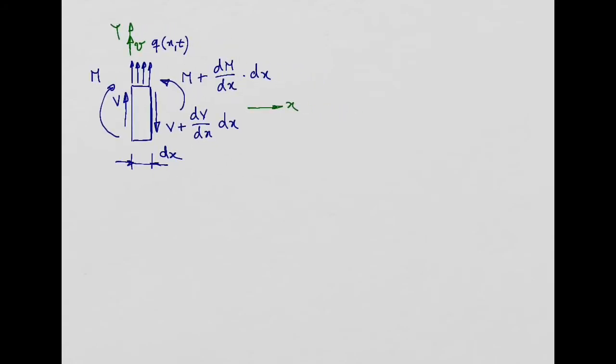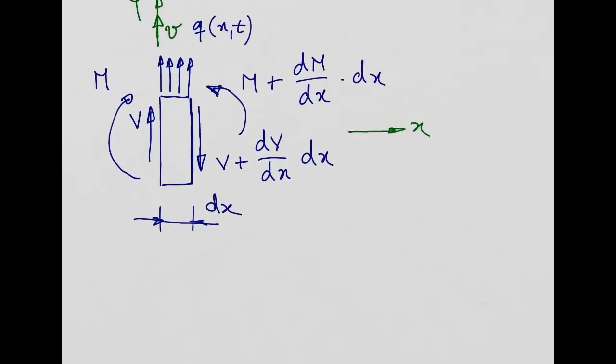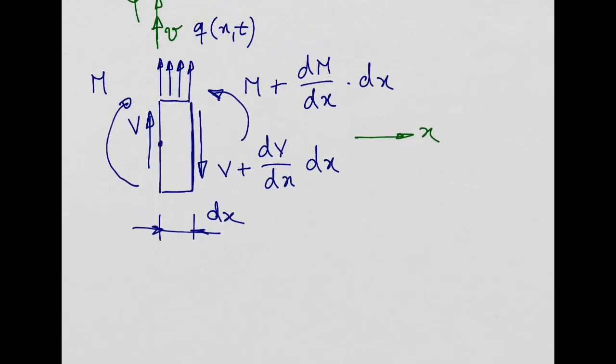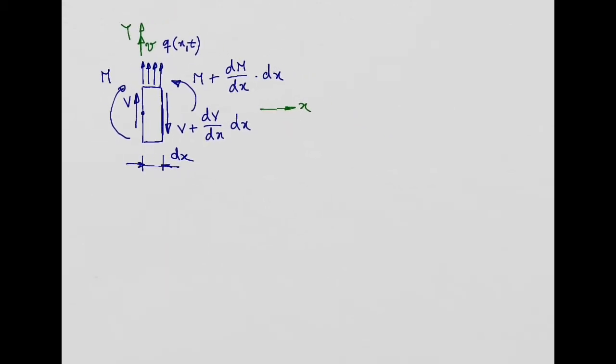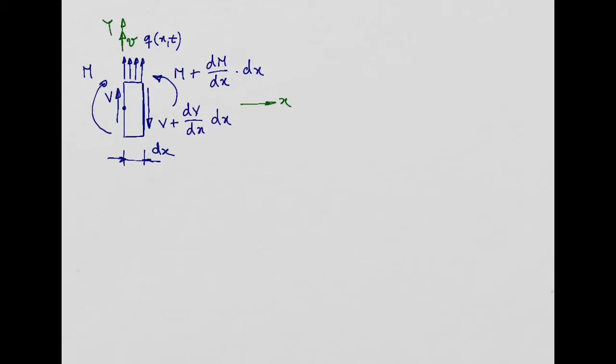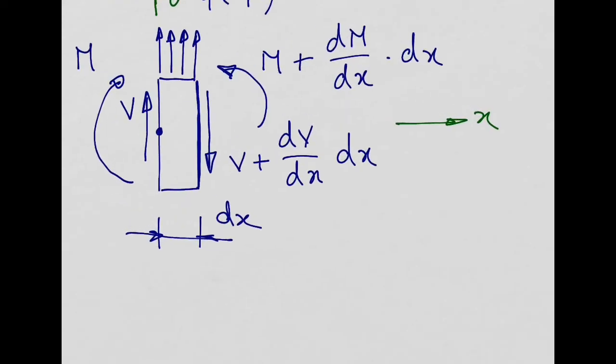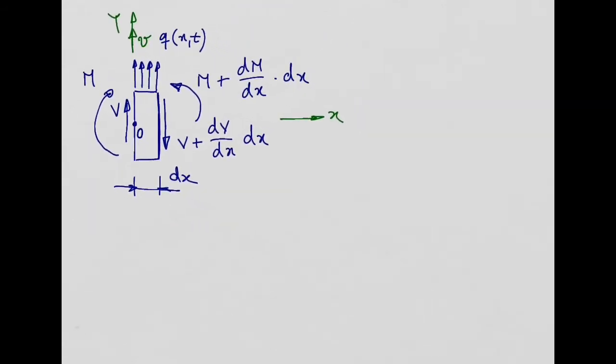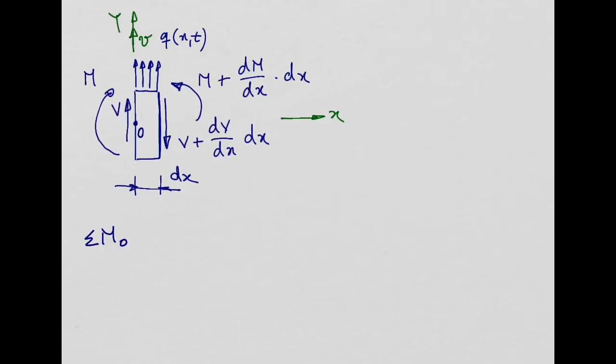So what I'm going to do now is a summation of moments about a point on this cross section on the left-hand side. So let's call this point, for example, point O, right? So the summation of moments about this point O needs to be equal